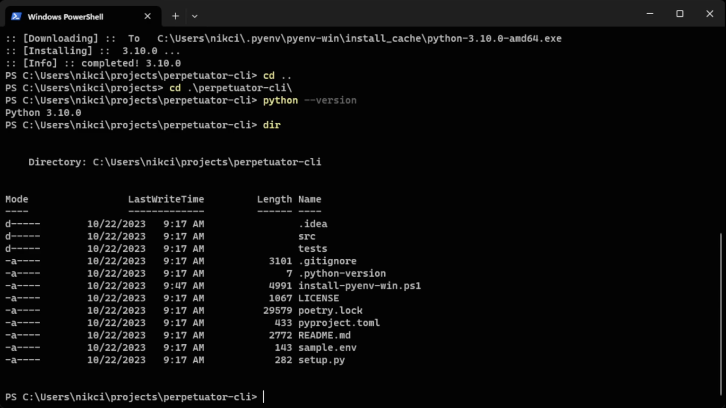Now we're in this directory, and you can see there's that .python-version file. And that's the one that has the version specified in it. That's how PyEnv knew to switch to Python version 3.10.0. So now that we have our Python version set up in our tool, we're going to go ahead and